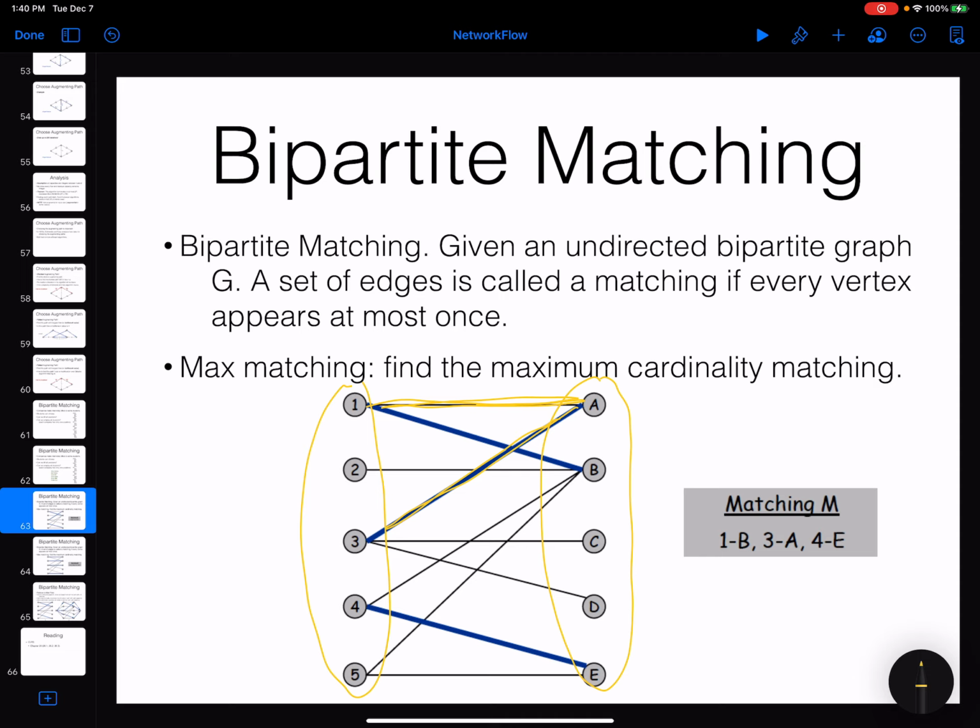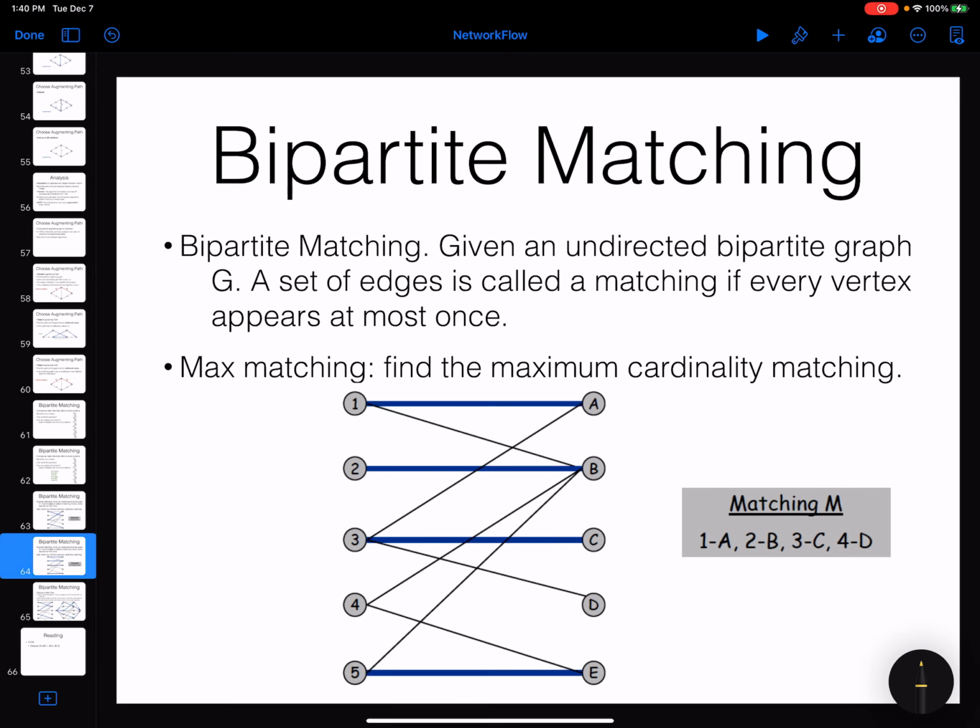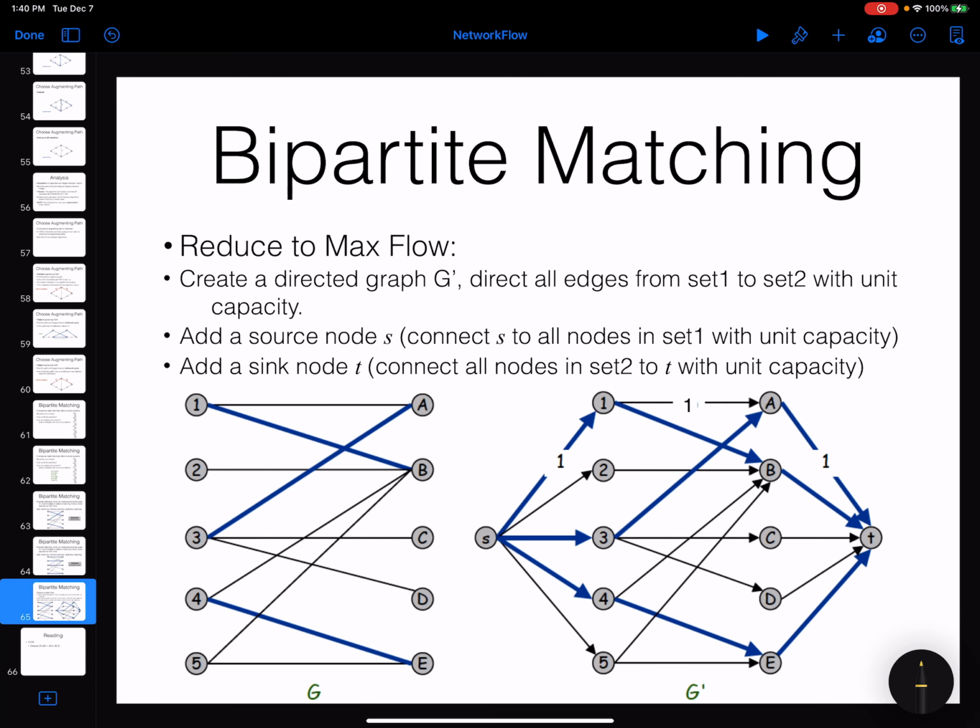So how can we solve such a problem? I think it would be very good if you pause the video and think about the problem, and then I'm going to answer what a good algorithm is and what the relationship is between this problem and the maximum flow problem. In fact, we can solve this problem using the algorithms that we discussed for maximum flow. And how can we do that? The point is that I can simply add two nodes, a source node and a target node,